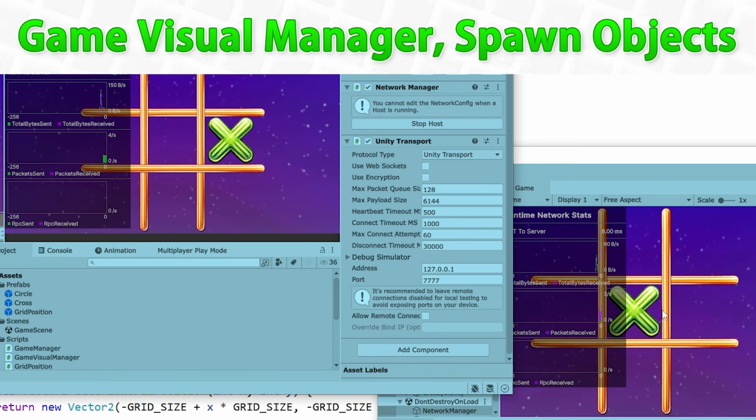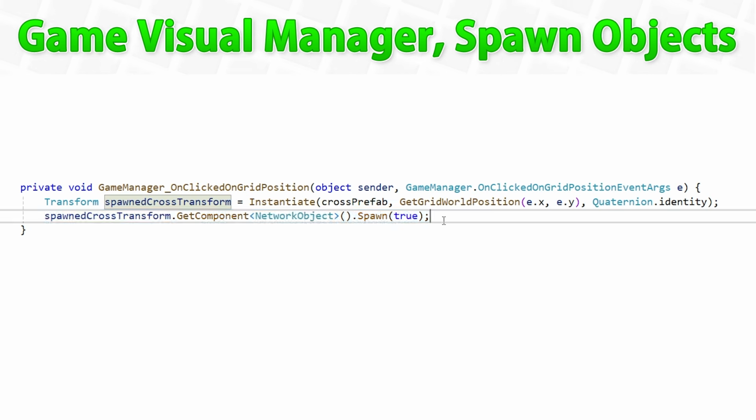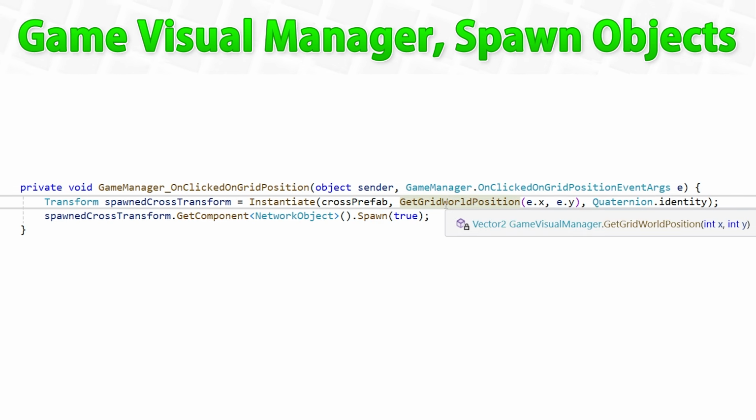This is a separate script that we're going to build to intentionally separate the main game logic from the visuals. Like I mentioned, in this course I am teaching you how to write good clean code and not quick and dirty code. So to do things properly, we are going to decouple the visuals from the underlying logic. Here we also learn how to spawn objects, first by doing it locally and then by spawning them on the